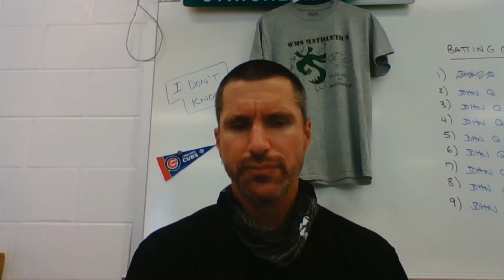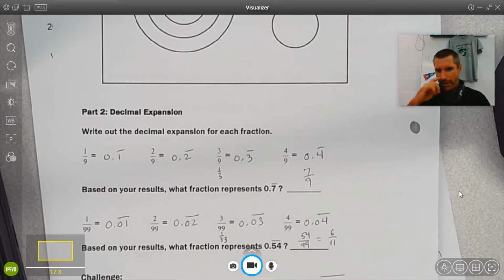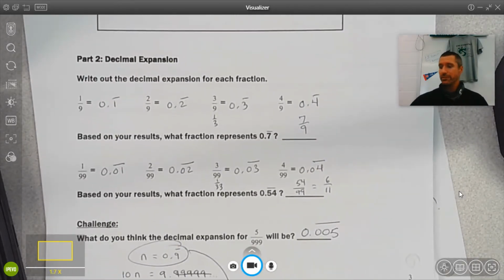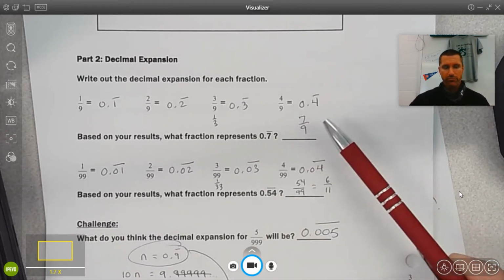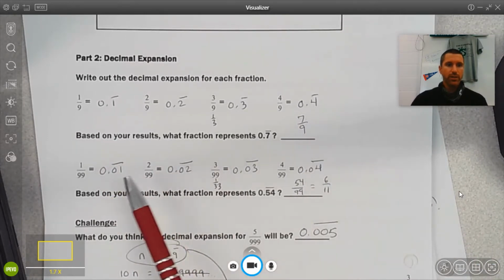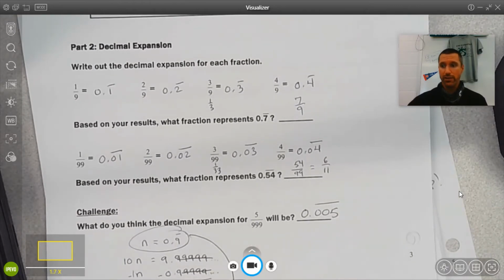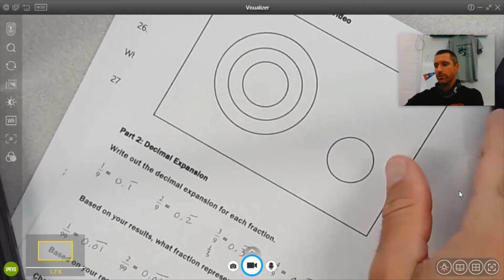Some notes from class. Today's notes can be found on pages 3 through 5 of your packet. We finished up what we didn't complete 2 days ago on converting repeating decimals to fractions. So we talked about single digit repetition, 2-digit repetition, how one's over 9, the other one's over 99, and then of course 999 if you have 3-digit repetition, and so on. If we transition to page 4,